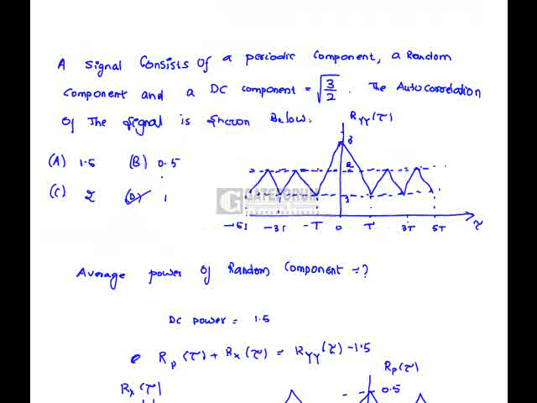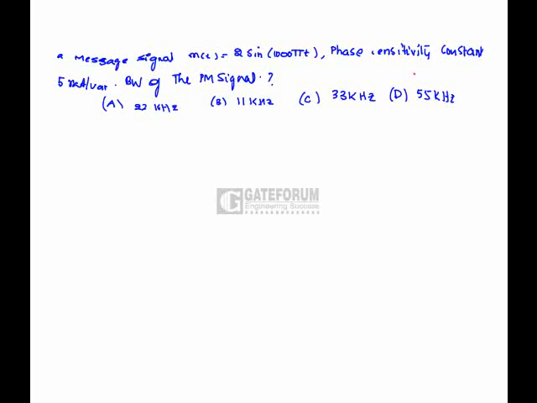The signal m(t) is given as 2 sin(1000πt) and the phase sensitivity constant is 5 radians per volt. What is the bandwidth of the PM signal? Here, suppose we are indicating the PM signal with Ac cos(ωct + φ(t)), where φ(t) is the phase. So φ(t) is equal to ωct